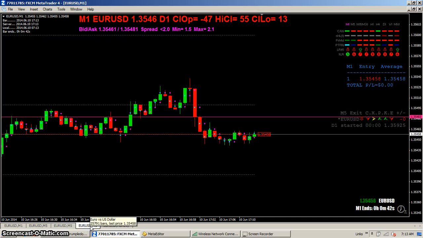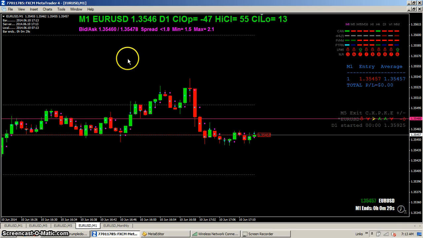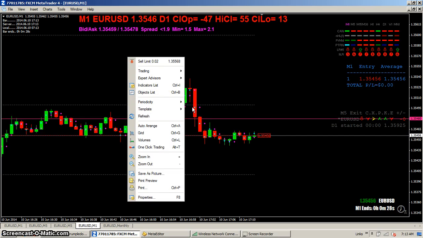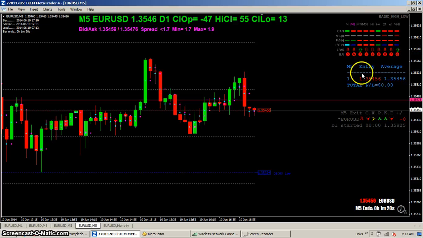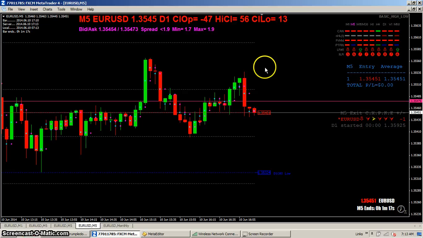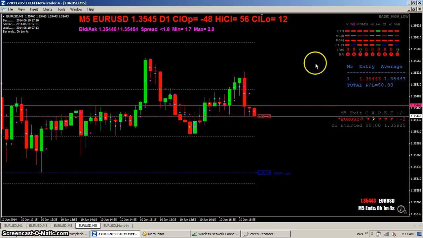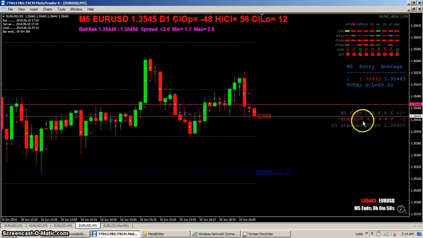Well, I like to have a totally different chart for exits. I usually like to use a 5-minute chart that has a few different indicators. Because once I'm in the trade, I have an indicator that tells me the profit and loss, and it gives me what's called the average. So if I add one more unit to the trade, what will be my new average? And if I was actually in a trade, it would have the lines drawn so I could see it on the chart. I also have, I call it my exit indicator,